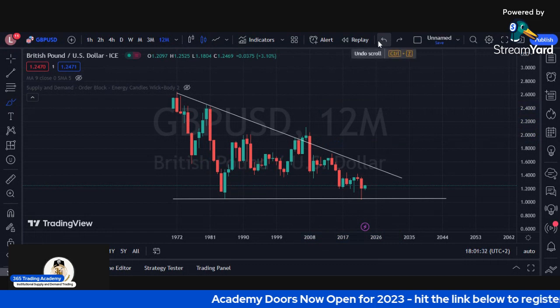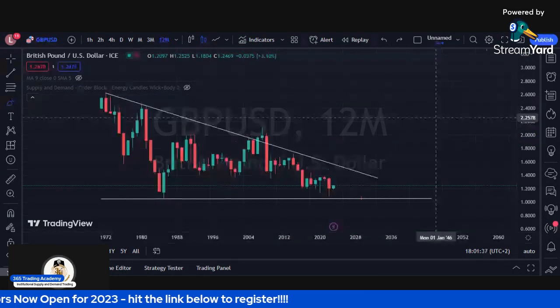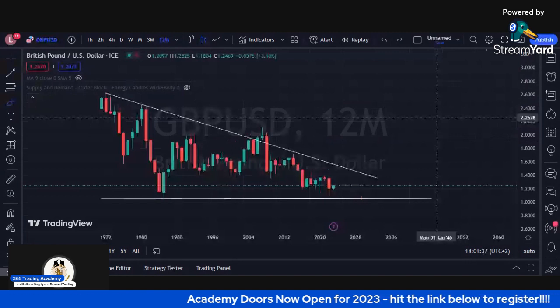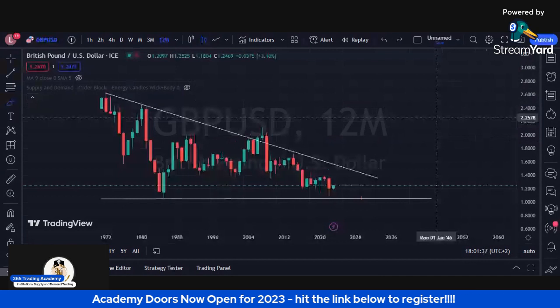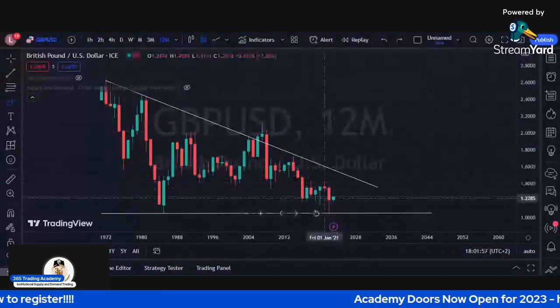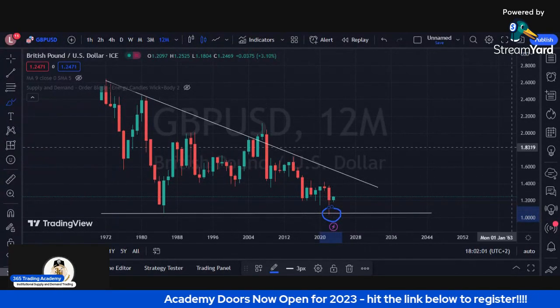Seeing higher time frames is 50%, is half the battle. Like, it's literally the battle to success, right? So really, we can see that price has come down. We can see that the last time price came to the lowest major turning point, if you've done my course, you will know what a major turning point is, was all the way in 1985. And markets have pretty much arrived there, right? I don't want to get too technical. We just want to understand price, but just note that price has actually gone slightly lower on this end here,